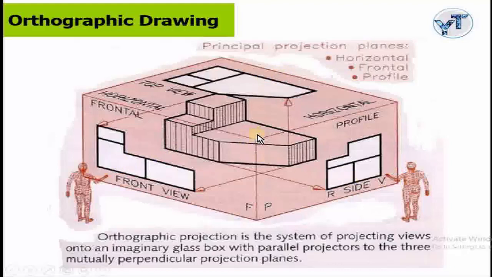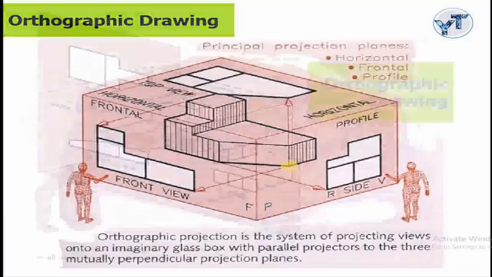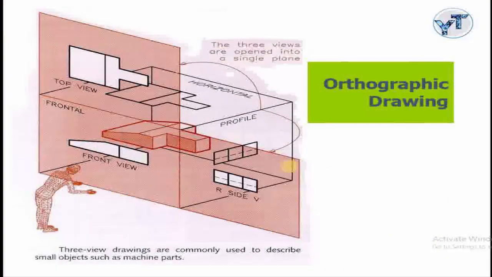Similarly, this is also a third angle projection system satisfying the condition that the plane of projection is in between the observer and the object. Another condition is also satisfied, that is, top view comes above front view and right side view is drawn towards the right of the elevation. If I have to obtain all these views in one single particular plane, I'll just unfold it like this. Hence I'll be obtaining it like this, and thereby it is a third angle projection system. That is why I'll be obtaining the top view above front view and right side view drawn to the right of the elevation.